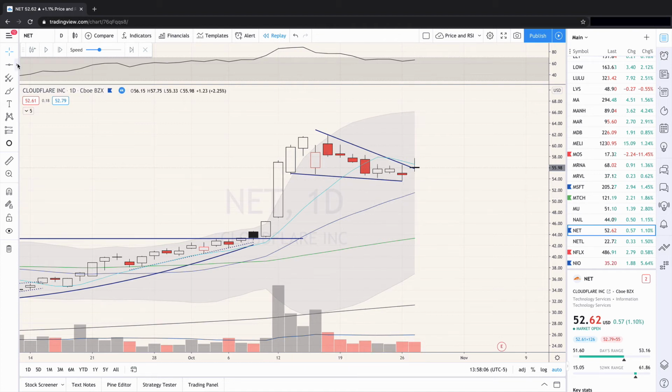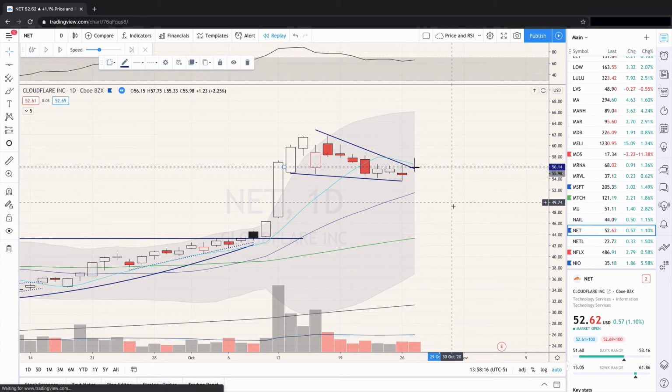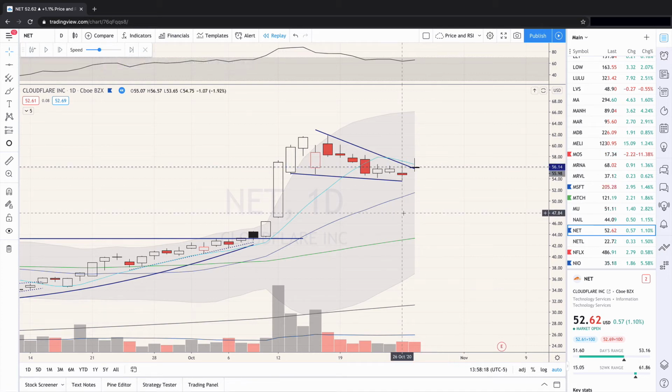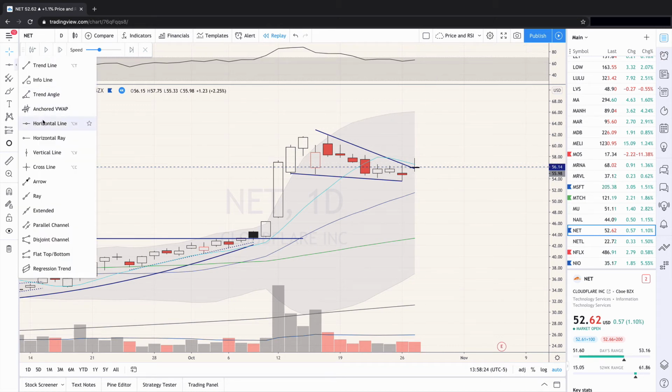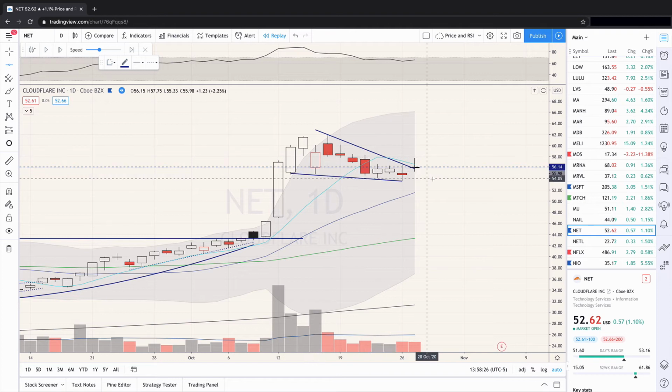You could enter here. You could enter here on this break. You could say this is a break of this triangle. I think this is going to break upwards and start to move towards new highs. And that's a valid entry. And that's on your time frame. You're using a swing trader's time frame. You want to catch a move up to here. So making this trade conform to your logic, imposing your logic on this trade.